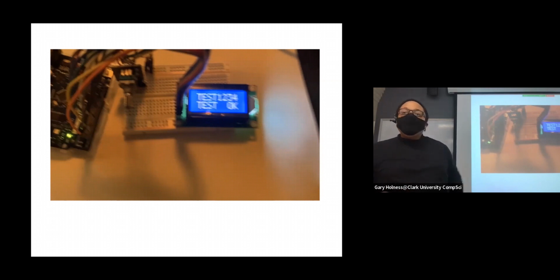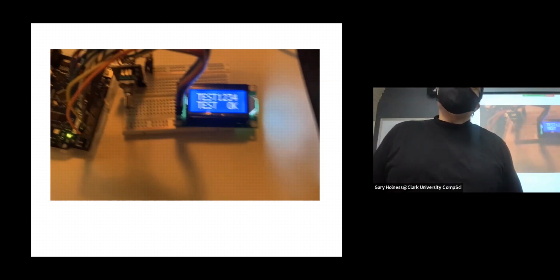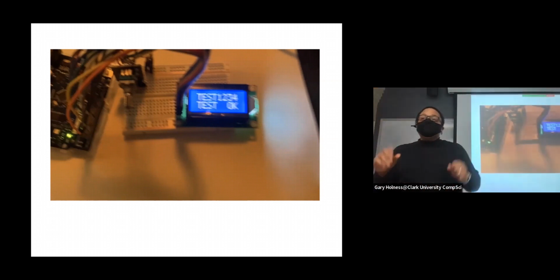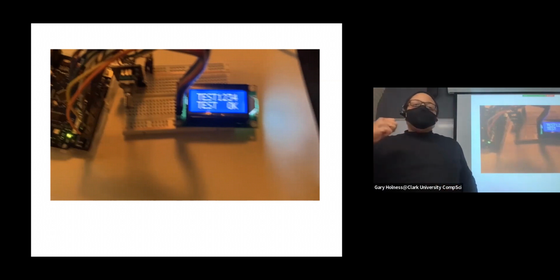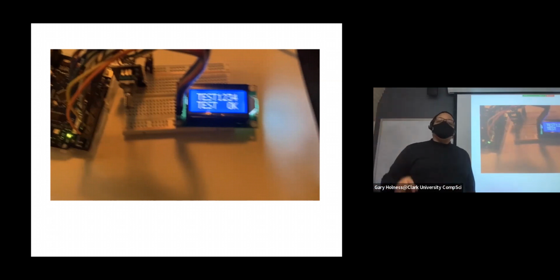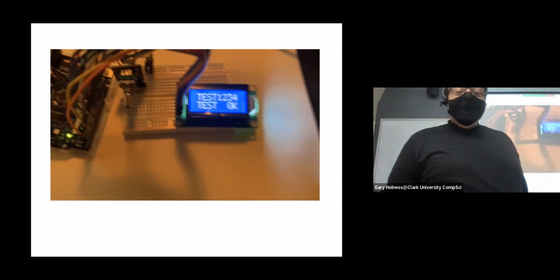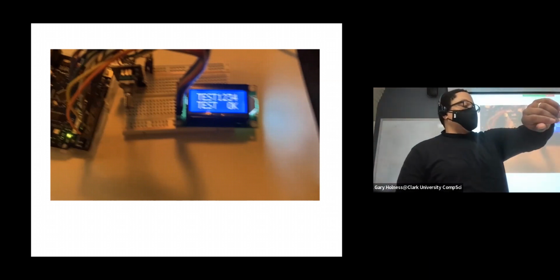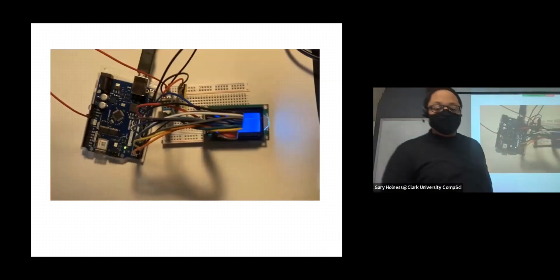Using what you know from the test program that's given in the tutorial, write your own routines, one to write text to the first line, one to write text to the second line. And you can put that in a single function where one of the parameters is the line number, 1 or 2. Okay? All right. So in the next, let's see, 3 more minutes,